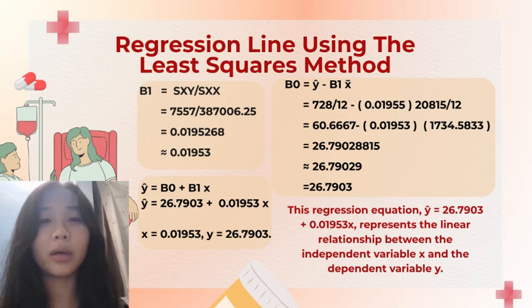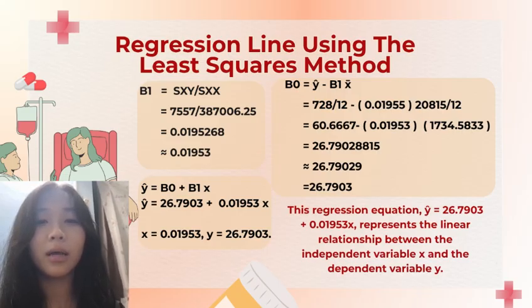Now I'm going to present the regression line using the least squares method. First, we need to find B1. B1 equals Sxy divided by Sxx, which is 7557 divided by 387006.25, which gives 0.0195268, and it can be shortened to 0.01953. Next we need to find B0, equal to y bar minus B1 times x bar, which is 728 divided by 12 minus 0.01953 in brackets,